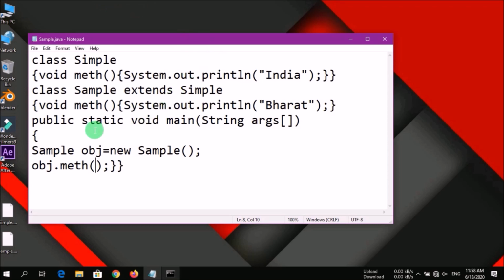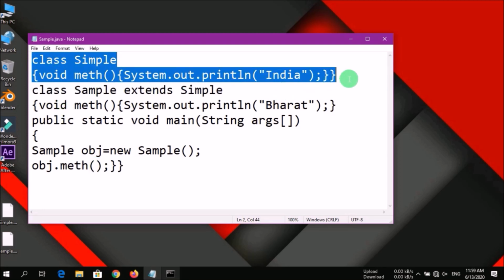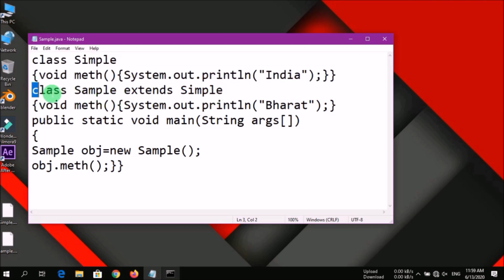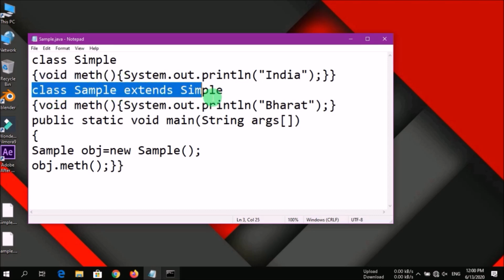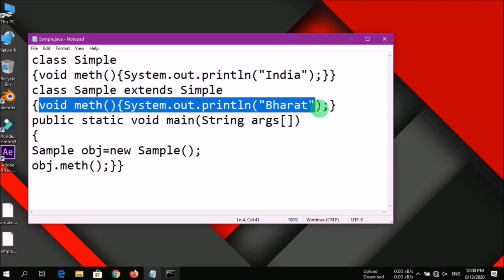What that means is, during runtime, the object created over here will try to find the most recently updated value of this method. If you look carefully, class simple is a bit older than class sample. In the first case, the method was set to print India, but after extending class simple, it has been updated to print Bharat.